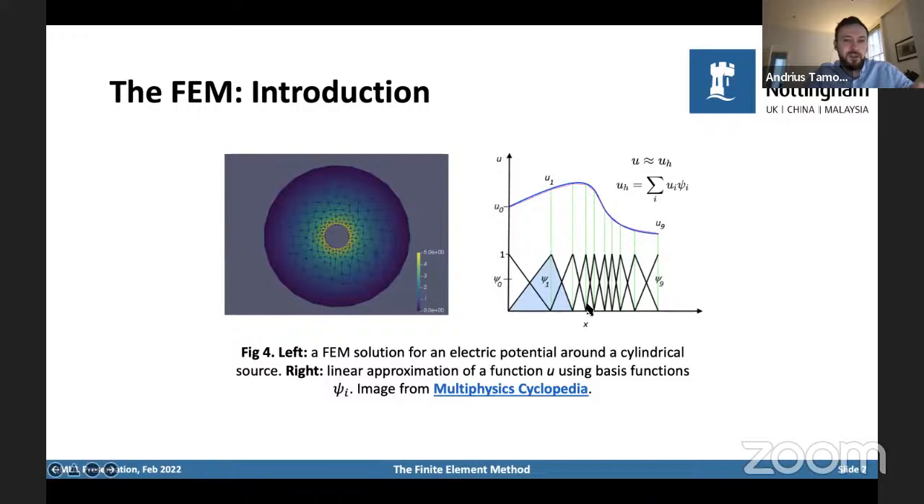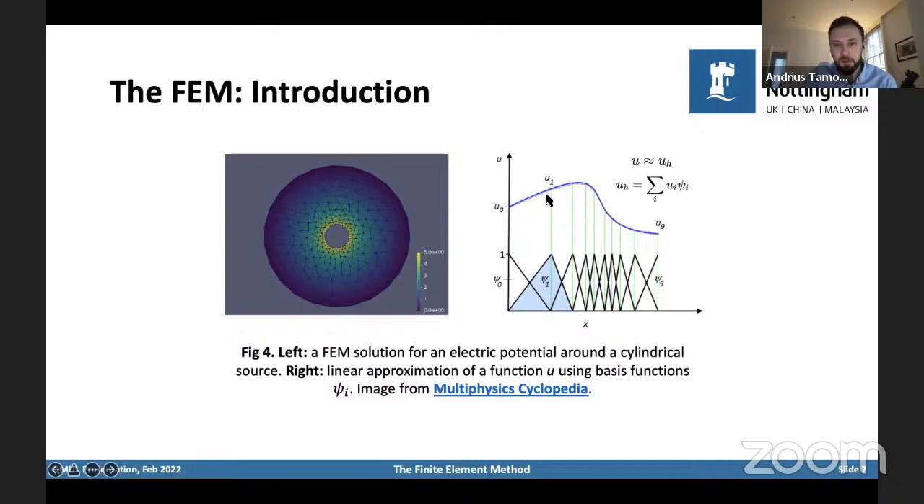So this would be a typical illustration of a problem that you could solve with this method quite easily. Let's say you have a wire in this case, and you want to obtain the electrical field around it. Obviously a very spherical system, you create a mesh, which is just discretizing your domain into these small triangular elements. And in each of these elements, you find